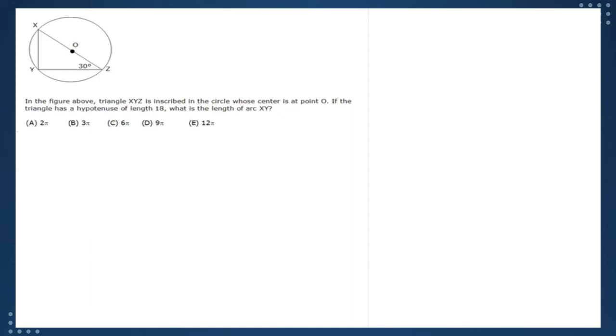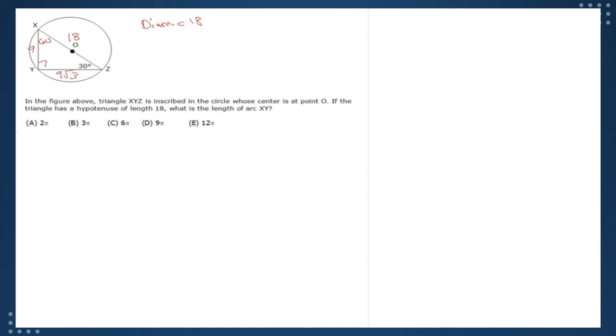Okay, so it was about 2 minutes, and this is another solid question, which is testing obviously inscribed shapes, which we can all see. We're given, once again, that XYZ is inscribed in the triangle. We're given right away that the triangle has a hypotenuse of 18. So you're seeing that the diameter is also equal to 18. Now, because we know it's 30, 60, 90, we can then say, okay, well, the side opposite of 30 is 9, and the side opposite of 60 is 9 root 3. So similar to what we did last time.